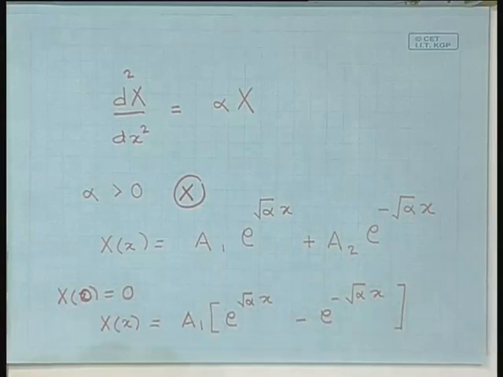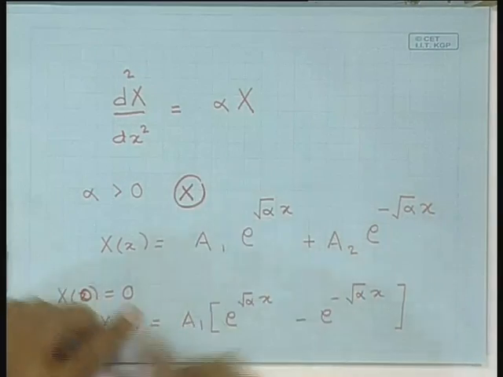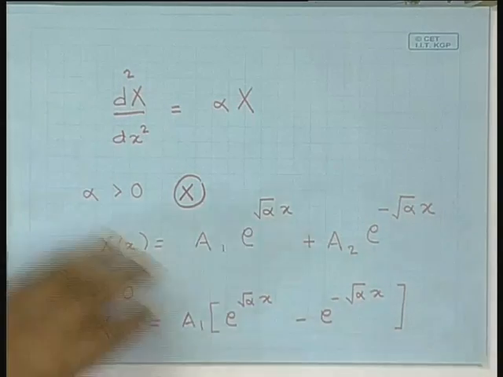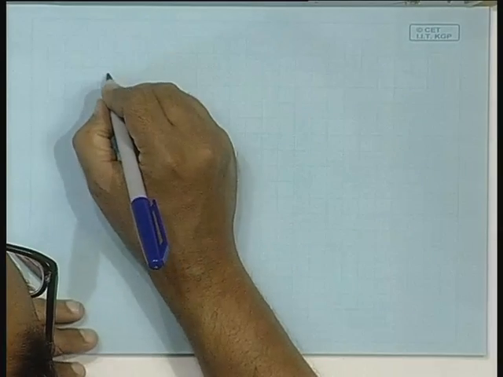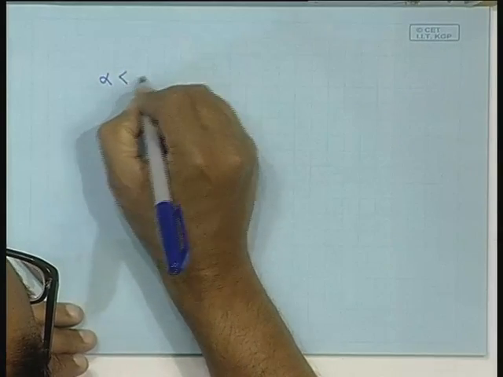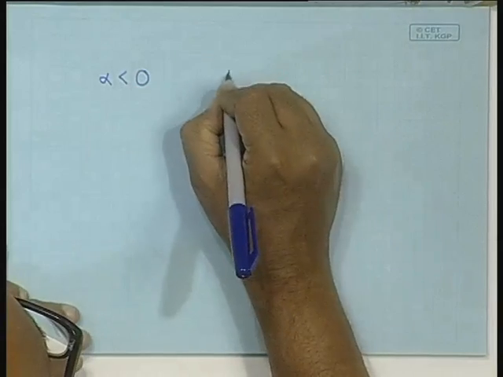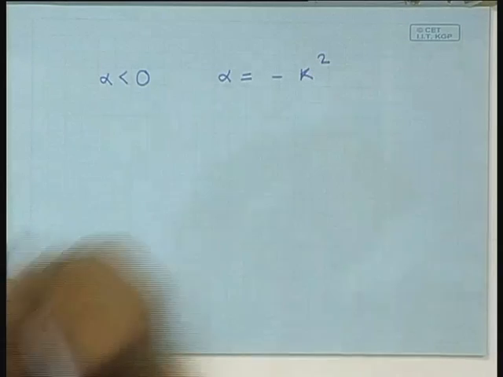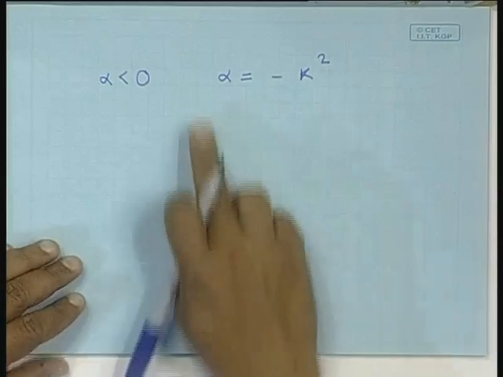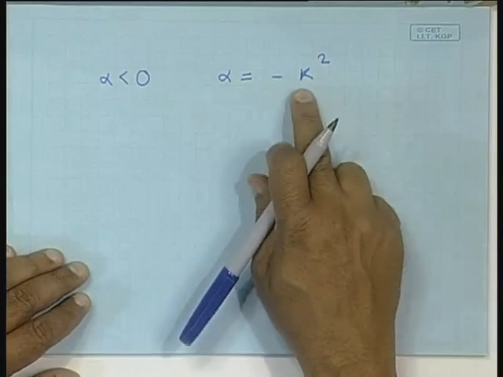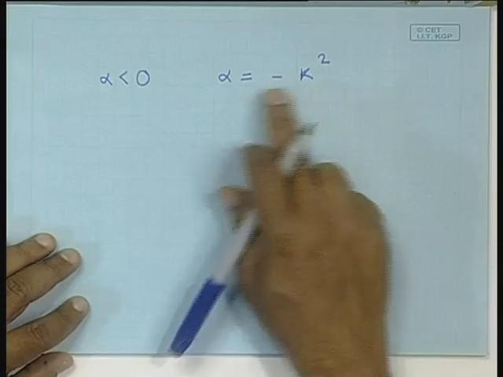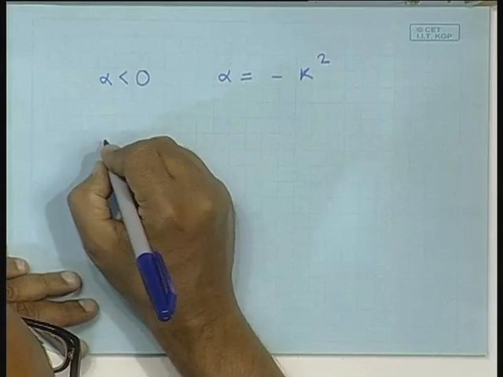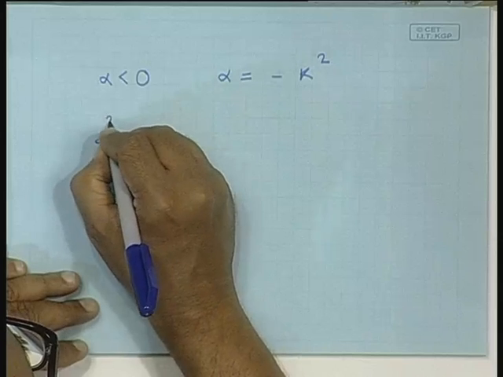So, it is convenient to write alpha as alpha is equal to minus k square. Alpha is less than 0 and alpha is equal to minus k square. We just rename this variable. Since it is less than 0, we can write it like this, where now k is positive. With this substitution, the equation governing capital X now becomes